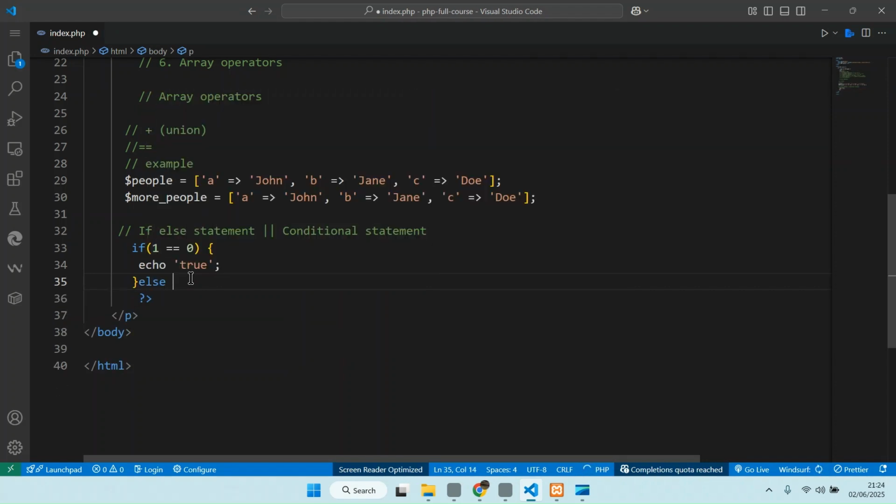Else echo false. So what we are trying to do here, for this one, we give it a certain condition to check, and then you give the type of code to execute. In this case, we give a condition to check if 1 is equal to 0. If it's true, we can console.log